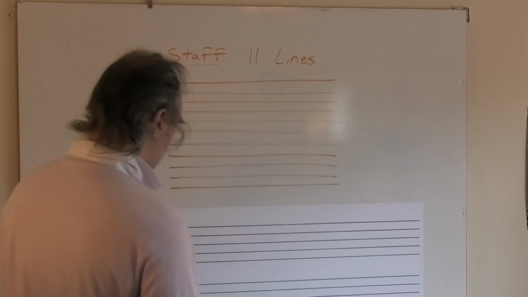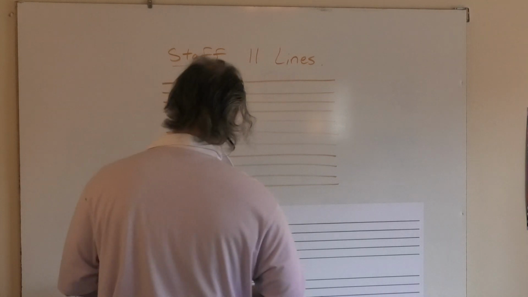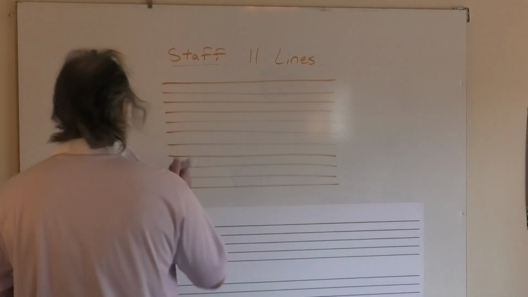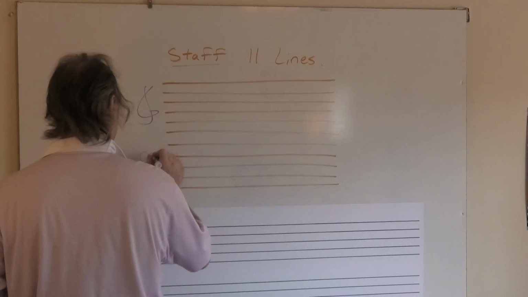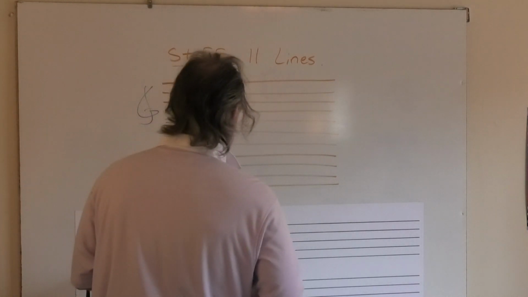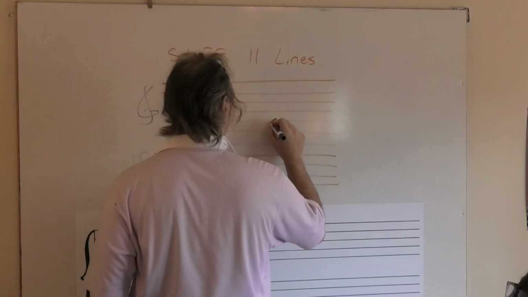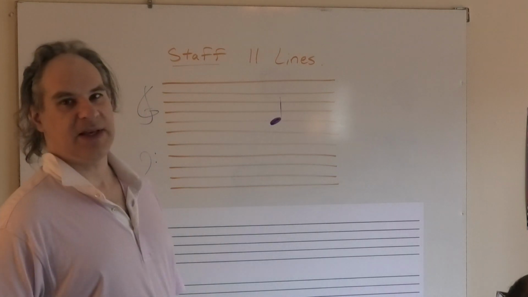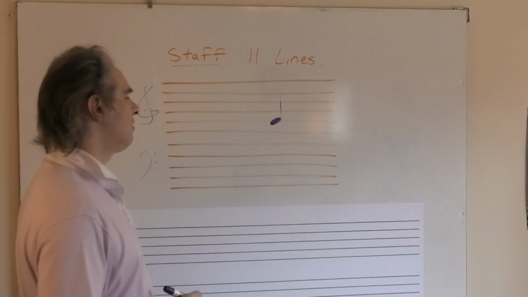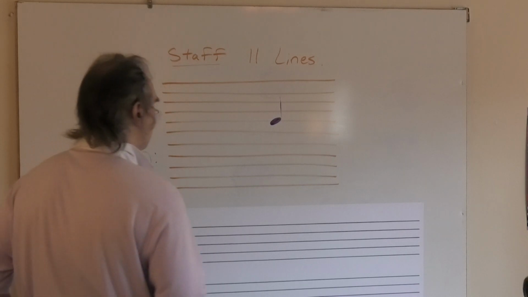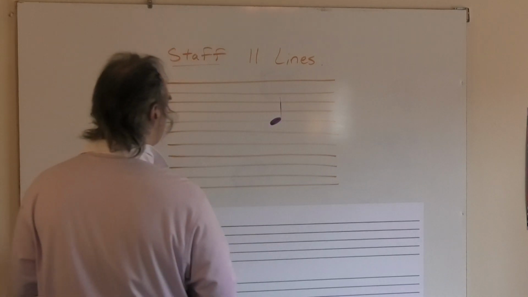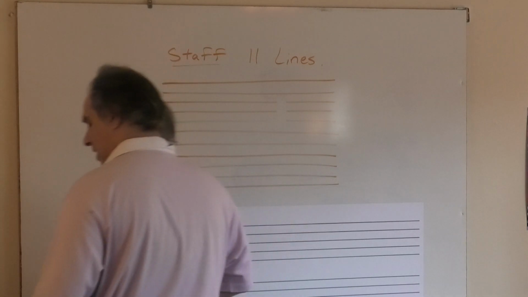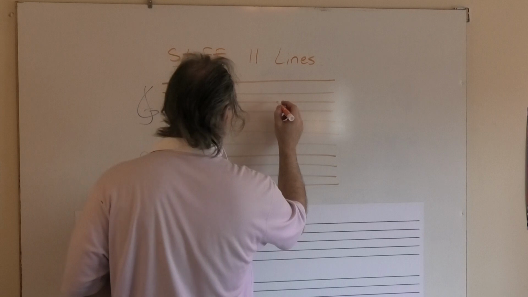But the problem is, even if I put the clefs over here, the treble and the bass clef, even if I write a note right here, I'll show you how to draw those in a minute. It's too difficult to see where that note is. It's too difficult to know what that note is, especially when your eyes are far from the clef. So what we do is we erase one of the lines, thereby allowing our eyes to see better